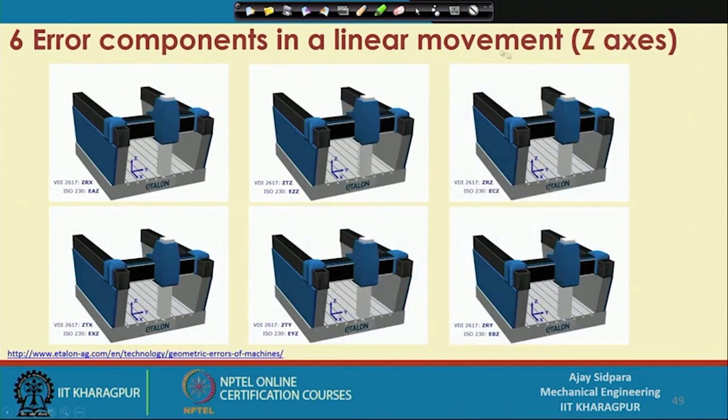Now, coming to the z axis. Earlier we have seen two axes, and those two axes are the planar axes. This one was the y axis, this one was the x axis, and now what we are talking about is the z axis. Because whatever motion we have seen earlier, mostly we give x and y motion to the workpiece,